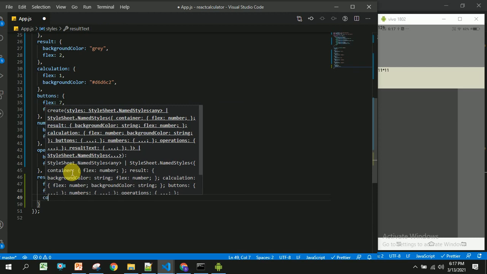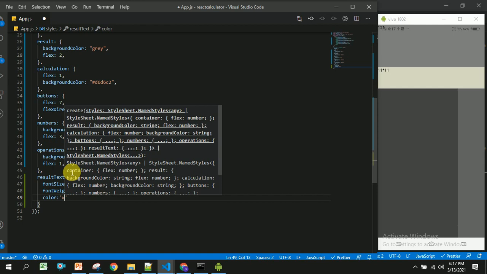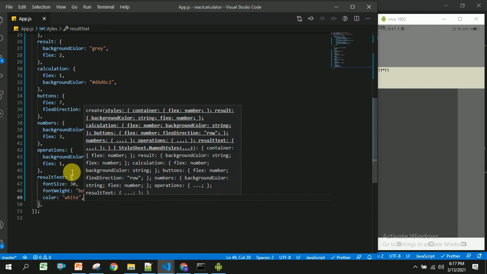And color will be white. Let us save this. So you should be able to see the changes here for the 121,